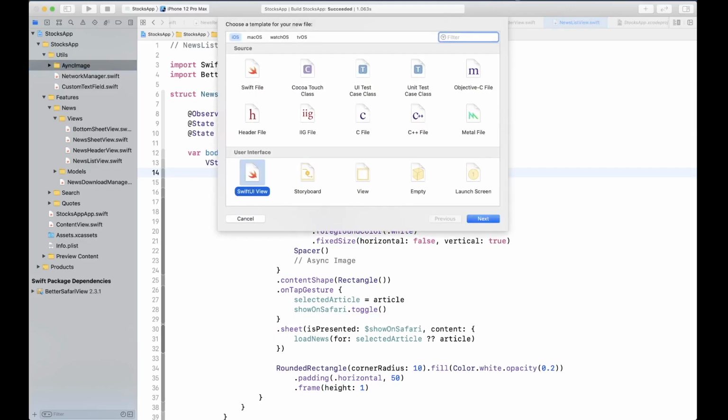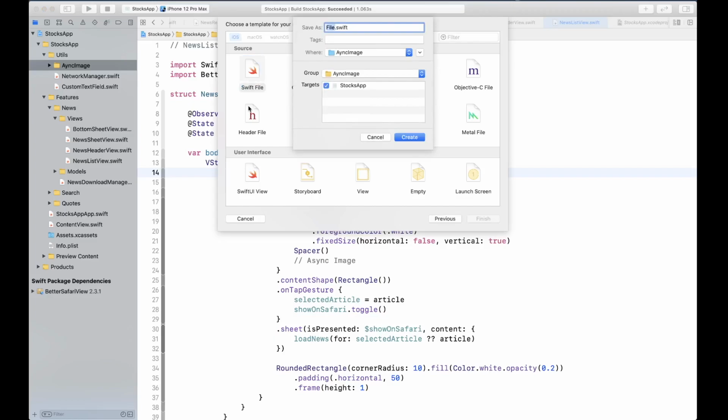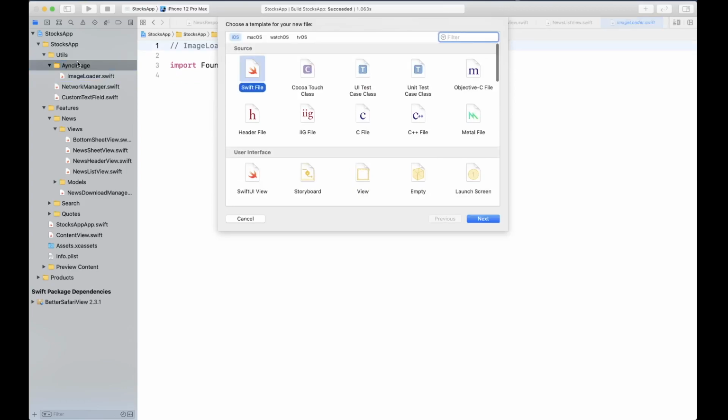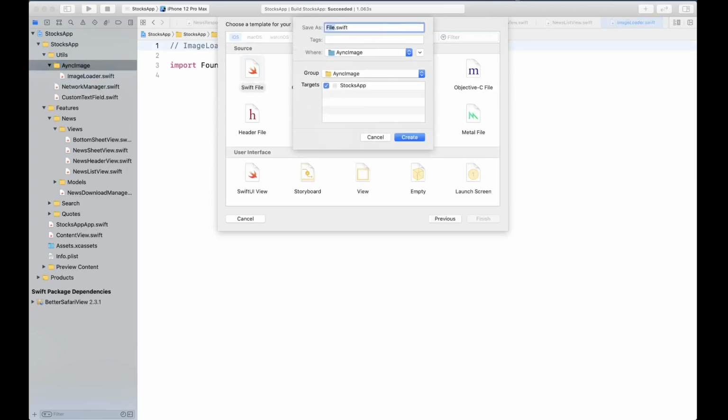All of them are going to be Swift files, and the first one we're going to name image loader. Then let's create another one, and this one is going to be image cache.